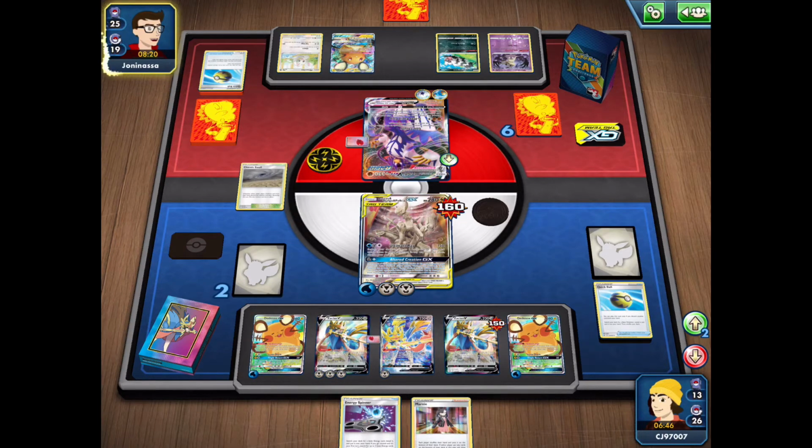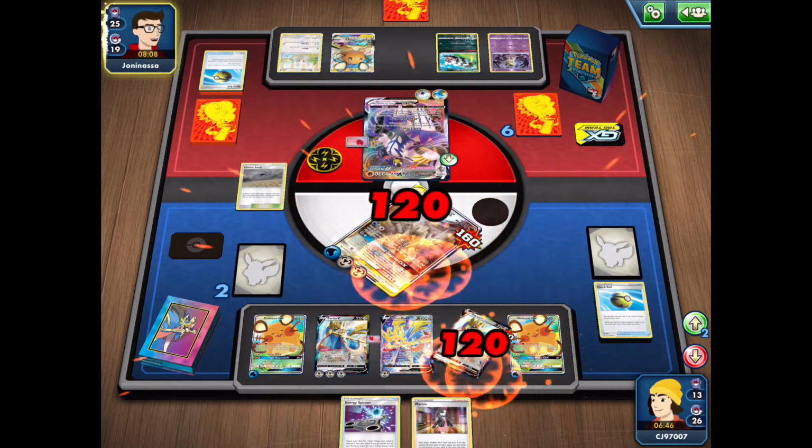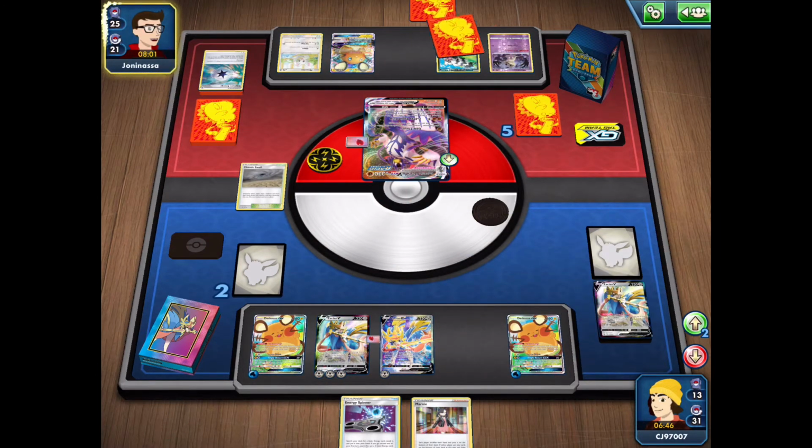It's going to make picking up our last prize cards extremely difficult, as we're going to have to use 2 Zacians back to back in order to get our prize cards here. Let's see what my opponent goes for. They do have the G-Max Rapid Flow. That's going to take multiple prize cards, so that's 5 prize cards in total, but it leaves my opponent in